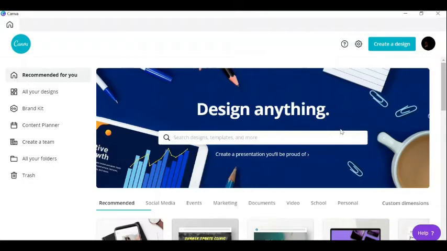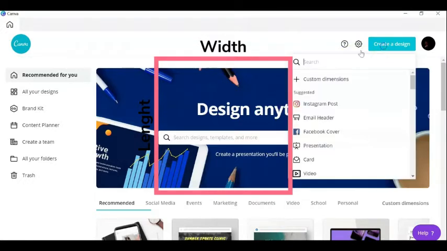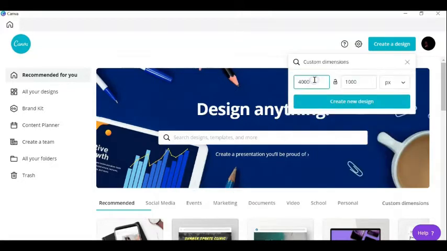To create a carousel, the template has to have a unique width and height. The normal size for the Instagram template is 1000 for the width and 1000 for the height. So for this carousel tutorial, I'll create a 4-slide carousel. So the width will be 1000 multiplied by 4, which will be 4000 pixels for the width, and the height will remain 1000. So I go to create, click on custom dimension,